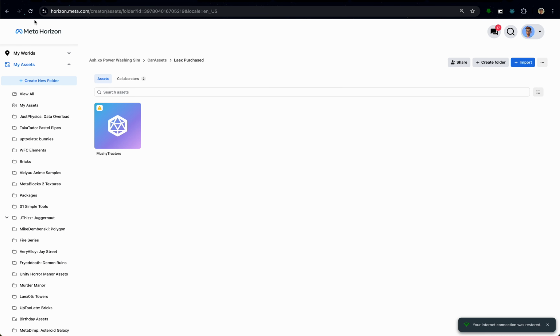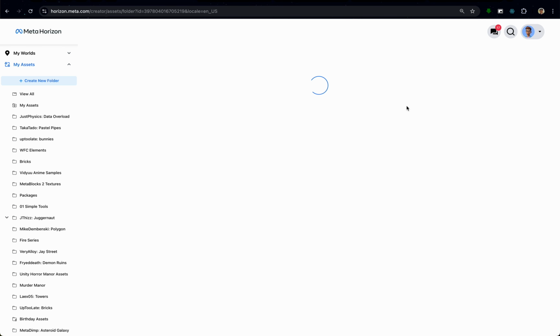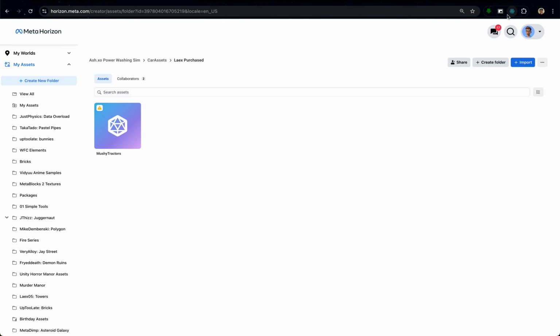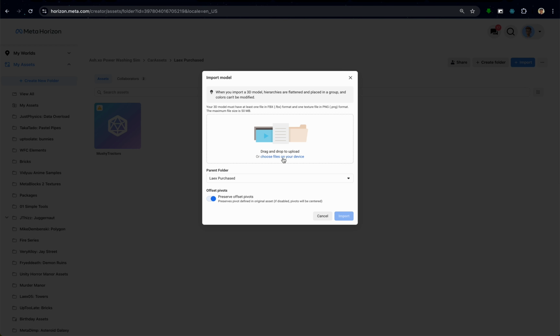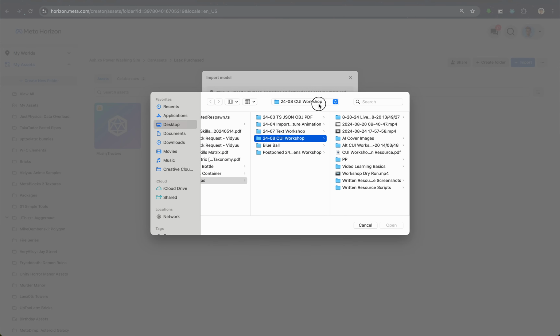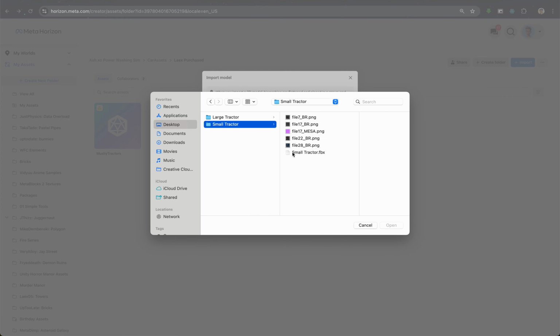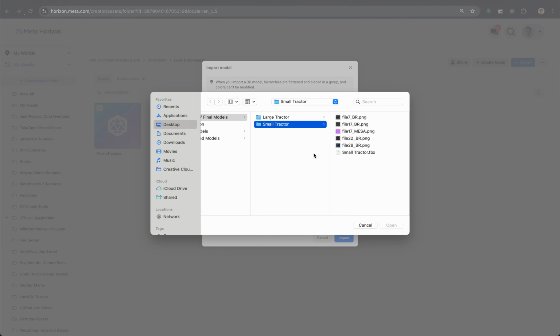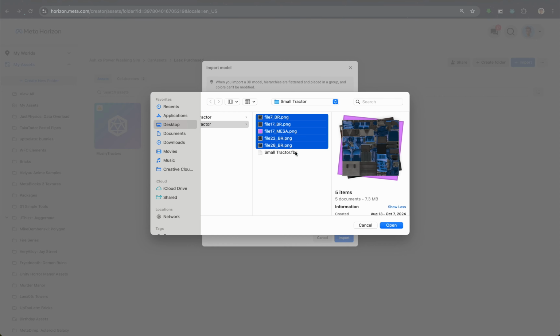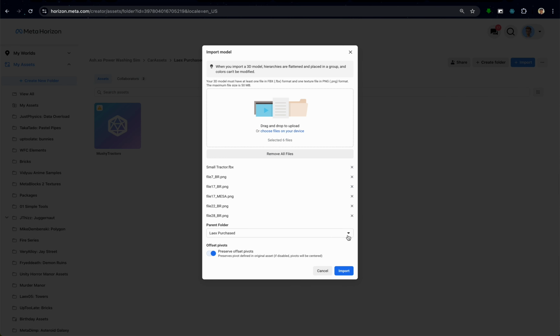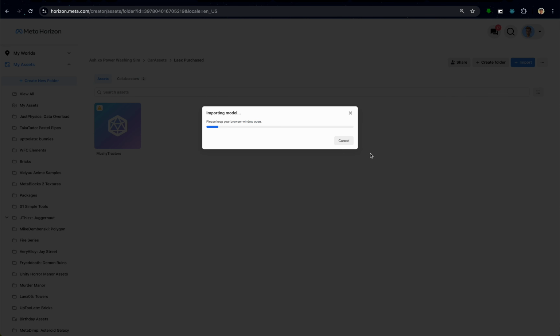So I've got a little folder here, refresh, and once that's refreshed, I should be able to upload pretty reliably. Okay, is it going to load me into the folder I was in? I'm hoping so. It looks like it should. There we go. Import 3D model, choose files, head over to the small tractor first, since that's the one we worked on. Select all that. I feel like you have to select this one first. There are always these weird bugs when you're uploading. So I don't know. Import, and then